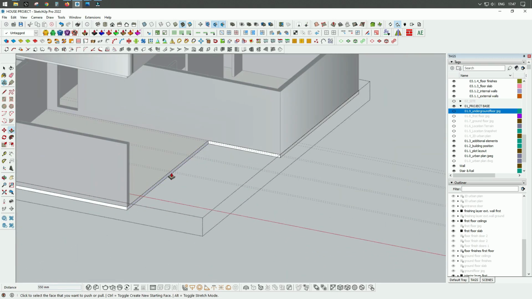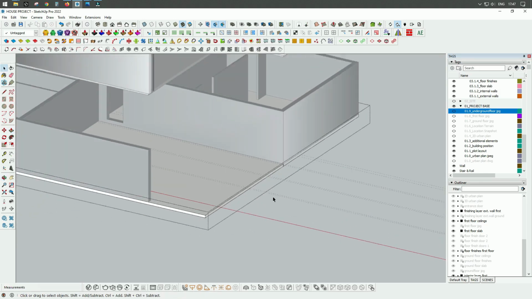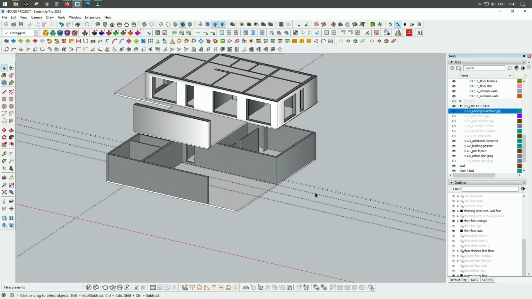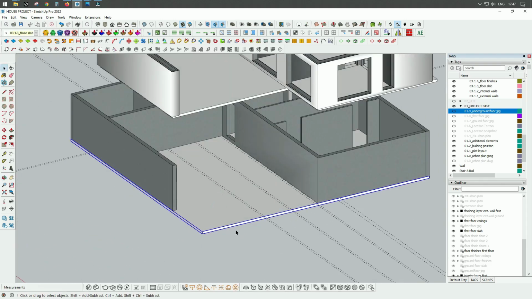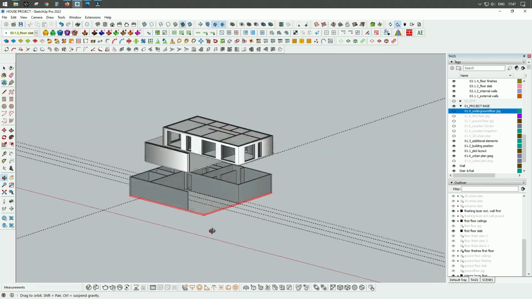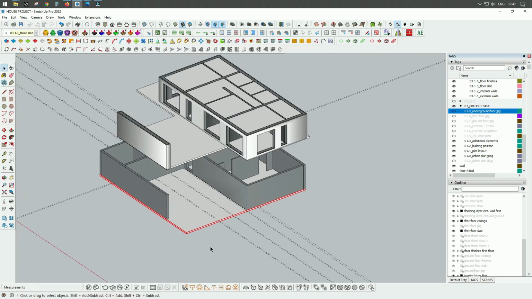Let's say I will extend this face up to this corner as well. So now our structural floor slab is finished, and I will lock this group,